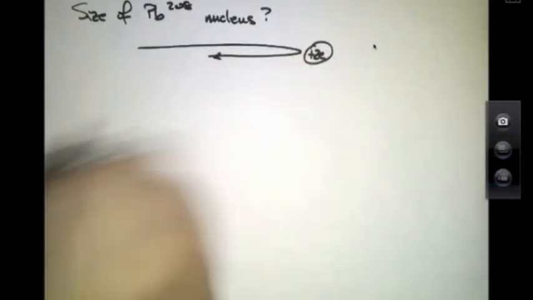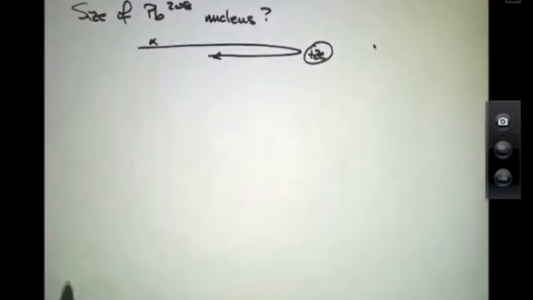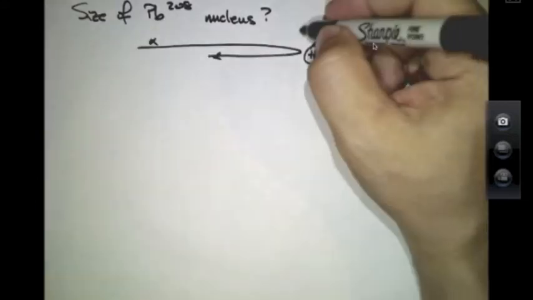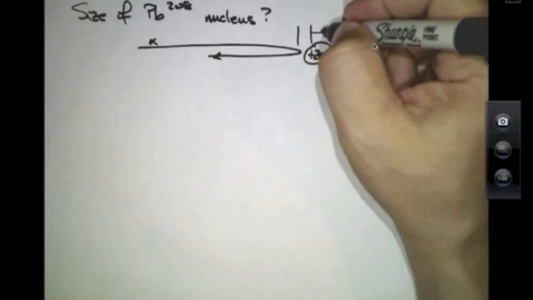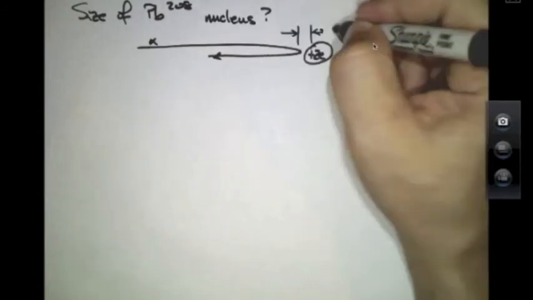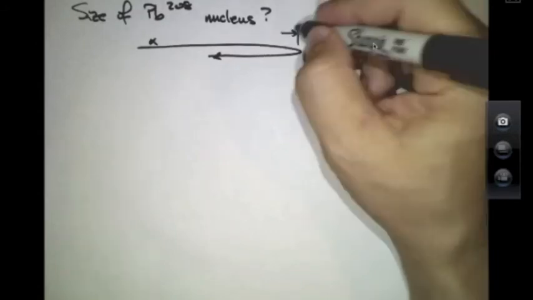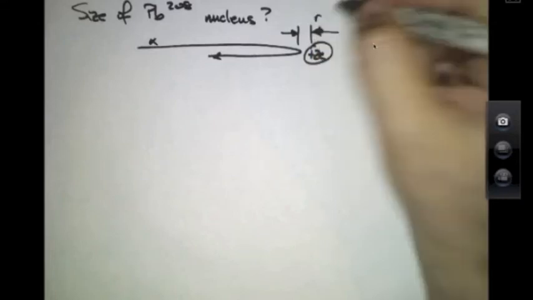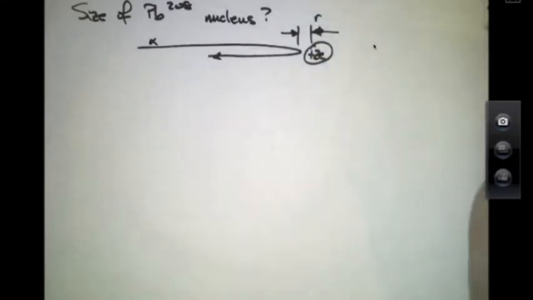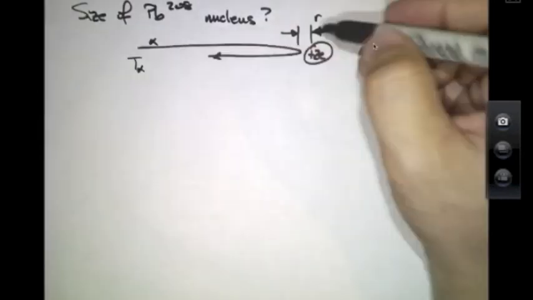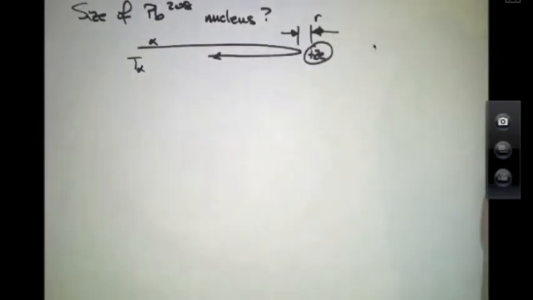And normally it would turn around and reflect backwards, getting up to only a certain minimum separation, R, and at such a point where all the kinetic energy of the alpha turns into potential energy of the alpha as it gets close to the